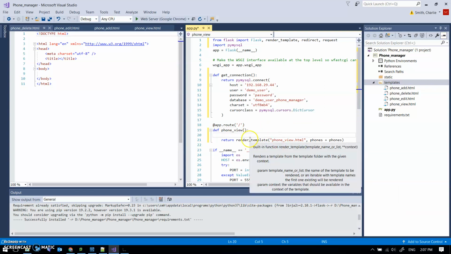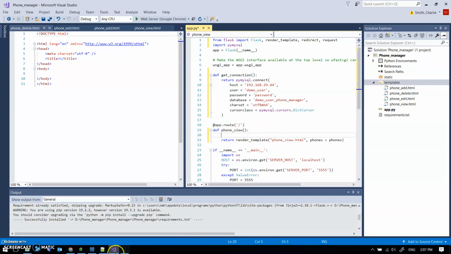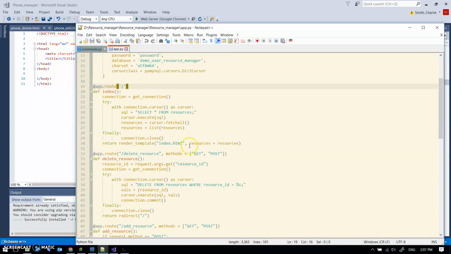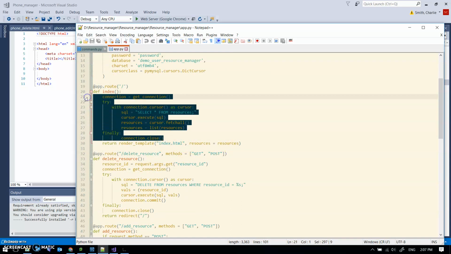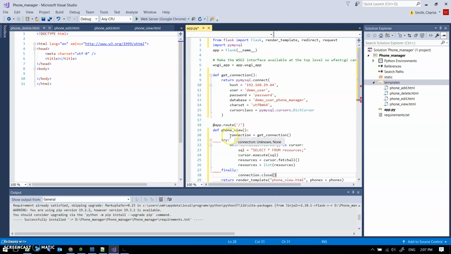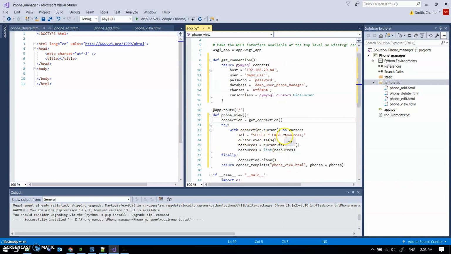Now I need to do a connection to the database and spit that data out, and it's such a boilerplatey thing to do, so I'm just going to grab it from here, making sure I know there's a whole bunch of stuff wrong with it. Doesn't matter, I can adapt it, and of course being I'm pasting it in automatically gets the indentation wrong. So this connects me to the database, and I have select star from resources. Let's make that phones, and it executes the SQL, does a fetch all on it,